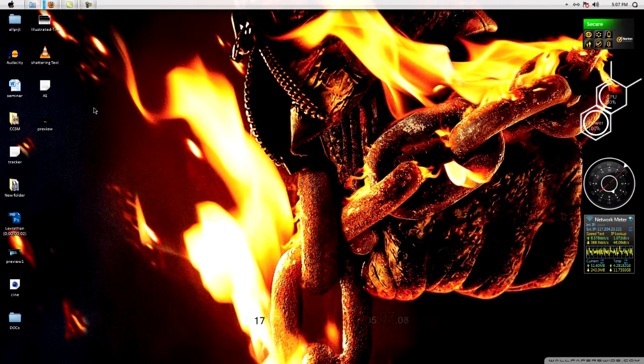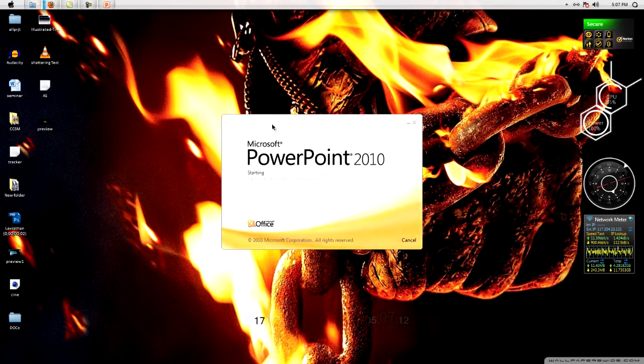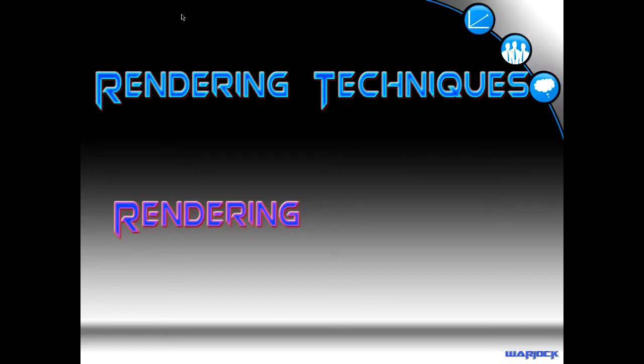So first, let me tell you what rendering means. Rendering is the process of generating an image file from a model by means of computer programs. Scanline rendering is one line or row in a raster scanning pattern, such as a line